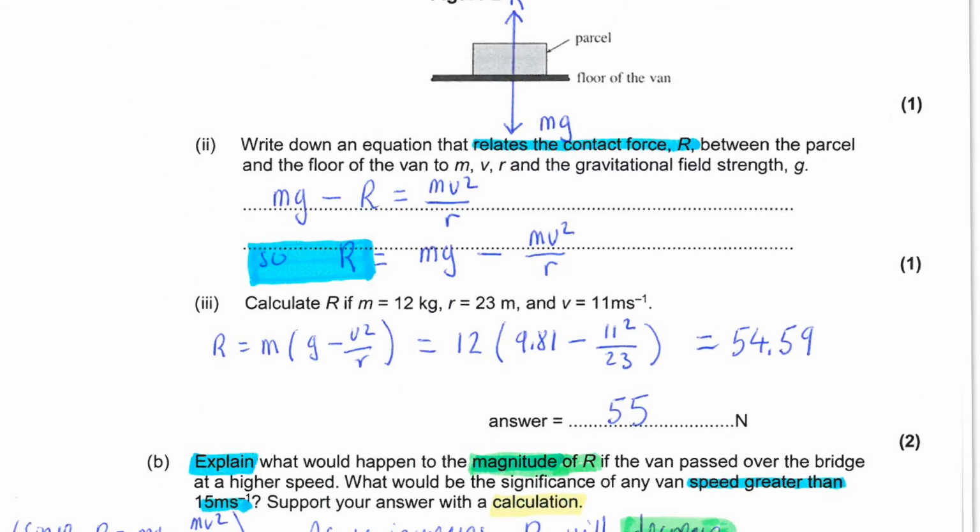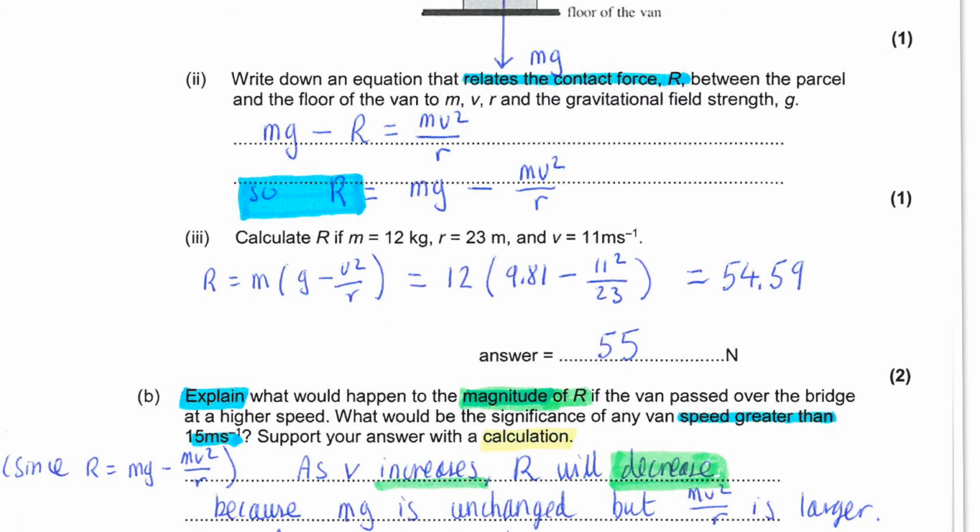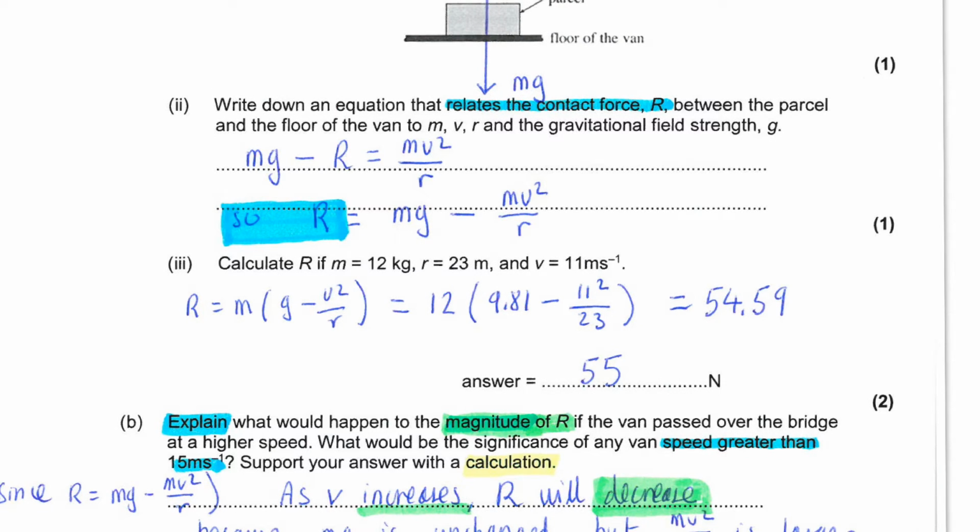Next, you're asked to write down an expression that relates the contact force R between the parcel and the floor of the van to the other variables, including the gravitational field strength. You need to appreciate that the centripetal force is provided by the resultant of the two forces you drew in the previous diagram. So the weight must be greater than the normal reaction so that there is a resultant force equal to the difference between these two, and you equate that to mv squared divided by r, the general equation